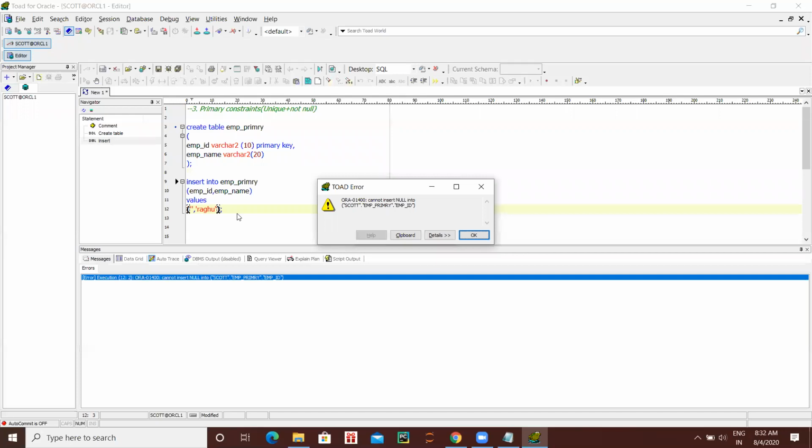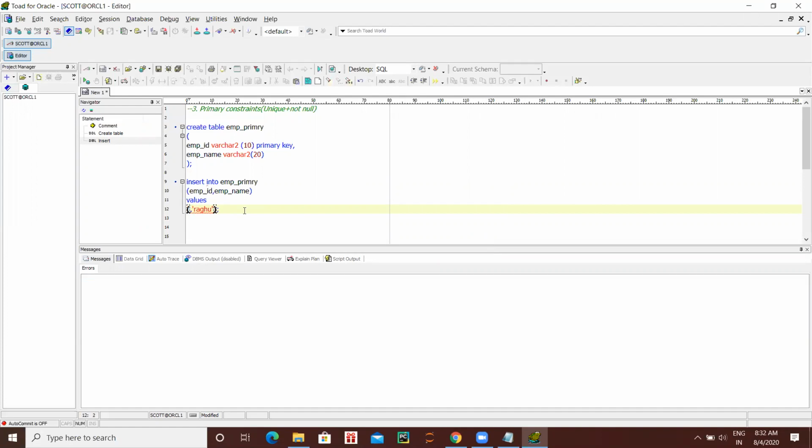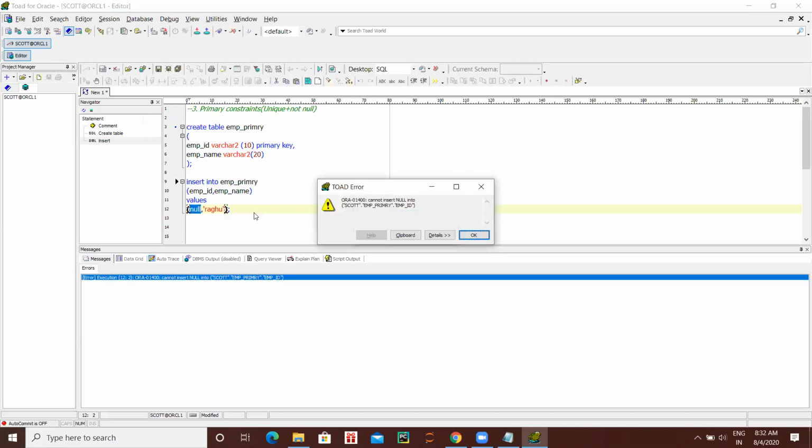Null values means you can write null or else you can give just a single quote. Remove that single quote, the first one, employee ID. You can write like that also, or you can write null. It is better to write NULL. Run it. So it won't take null values because primary key won't take null values. Also, it won't take duplicate values.